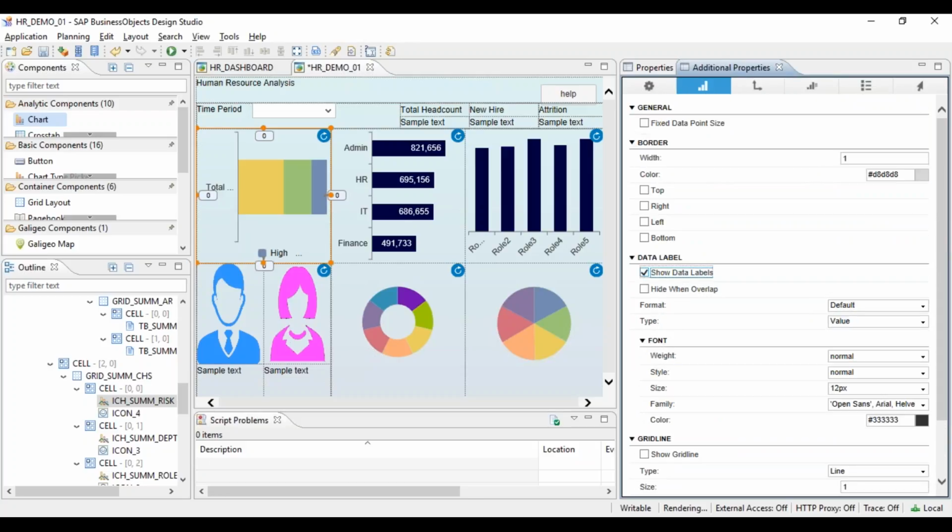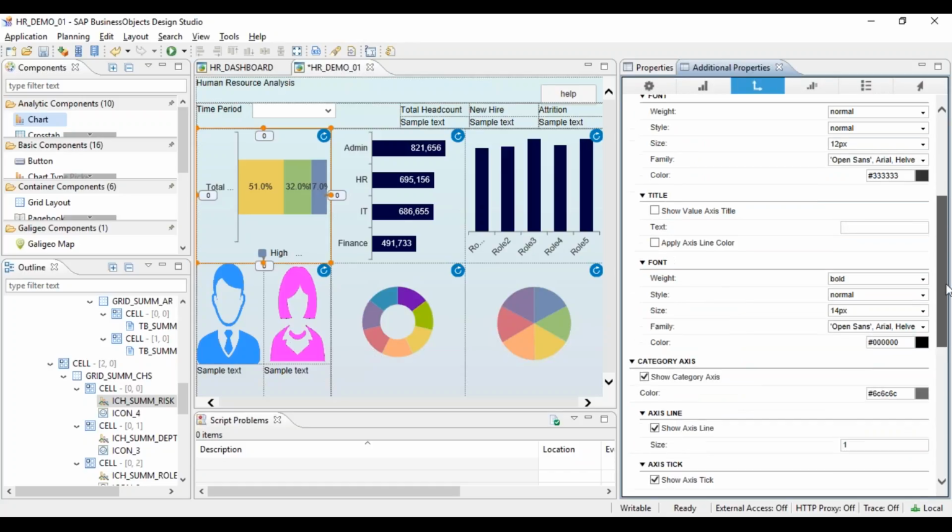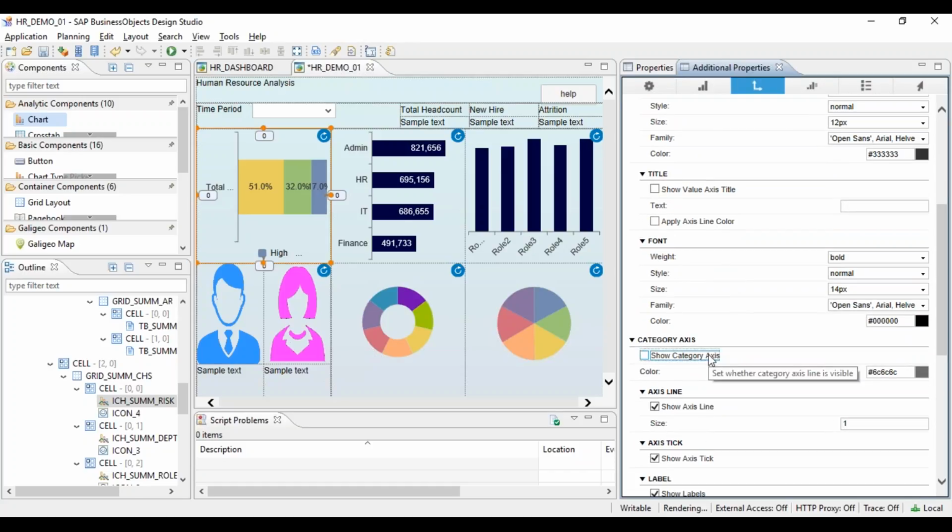And again, we'll use data labels. And for data labels, we have the option whether you want to show value, the actual number, or the percentage. So in this particular chart, it makes sense to show percentage, like how much percentage we have low risk and how much percentage we have high risk employees. So instead of numbers, we can display percentage as well. Can remove the y-axis as well.